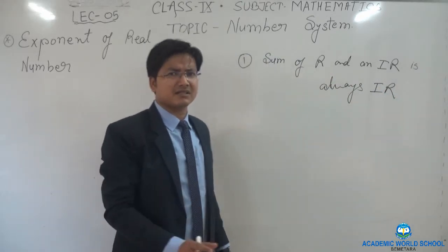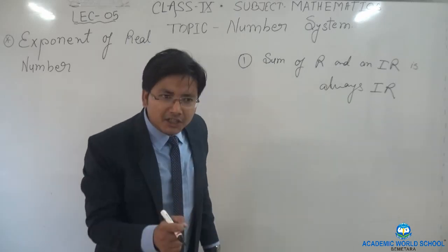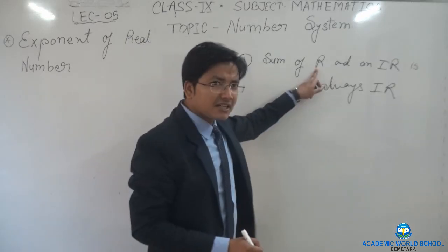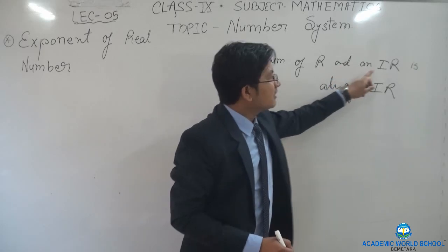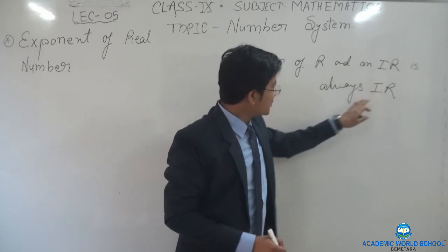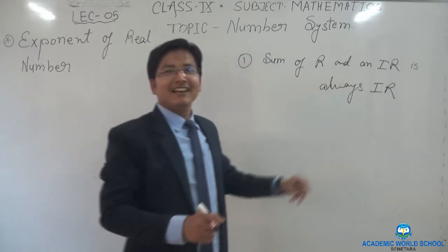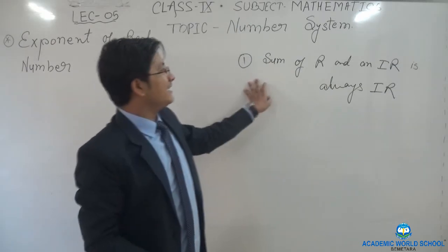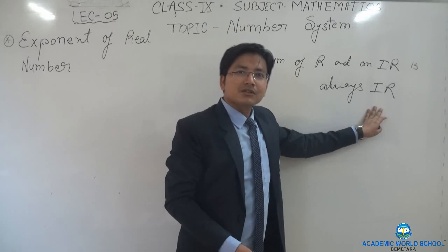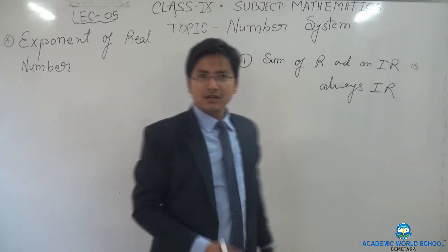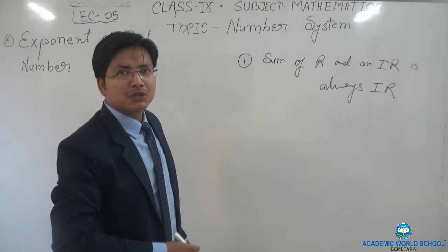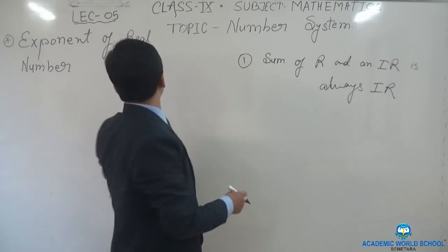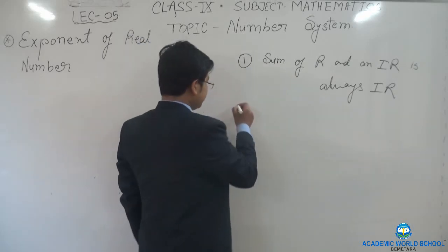Always means always. Okay, product of a rational and an irrational number is always irrational, and similarly quotient of a rational and an irrational number is always irrational. So this was the first point which we have studied in lecture number 4, and now